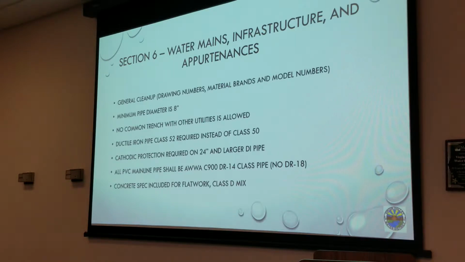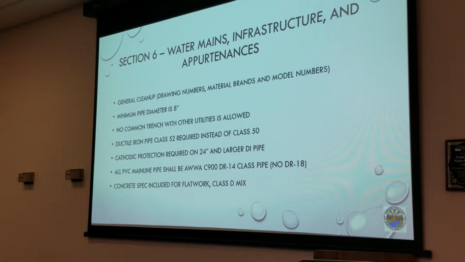Ductile iron pipe class 52 instead of class 50. It's a little thicker wall, so it will last a little bit longer. Again, we're requiring cathodic protection on any metal pipes that are 24 inches or larger. Right now, our largest pipe in our system is 24 inches, and that's the main one that comes down out of Lincoln County, and that one does have cathodic protection on it. And then we updated the standards to a thicker walled PVC pipe, which is the DR14 instead of DR18. And then Travis helped us out on the concrete spec